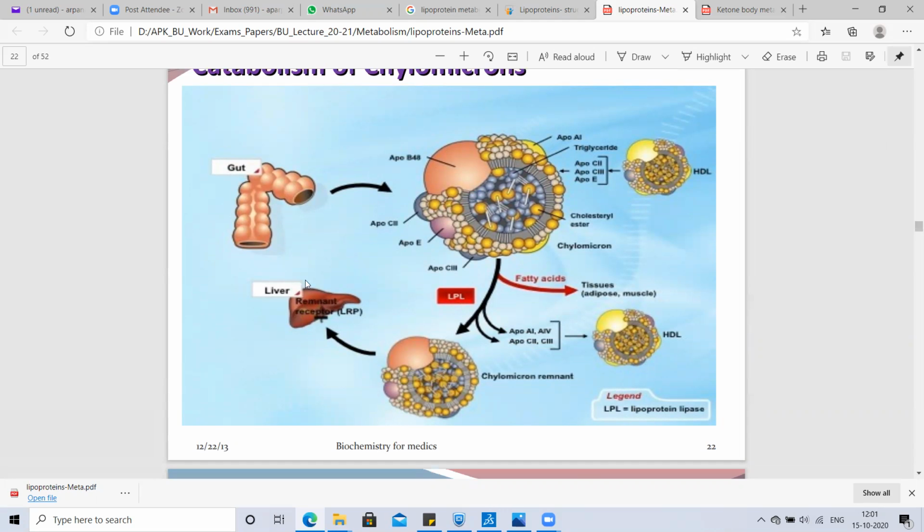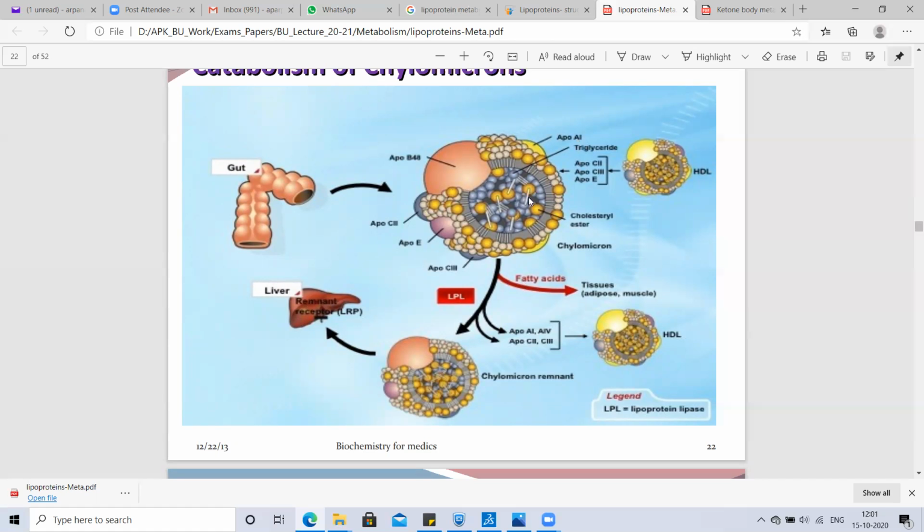You can see in the gut, basically, this is the structure which we discussed earlier in our class. This contains ApoC third, ApoE, ApoB 48, ApoA1 and triacylglycerols, and this is actually metabolized via lipoprotein lipase into fatty acids, which further move towards the tissue for further degradation or